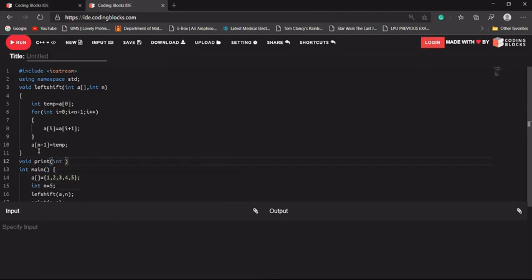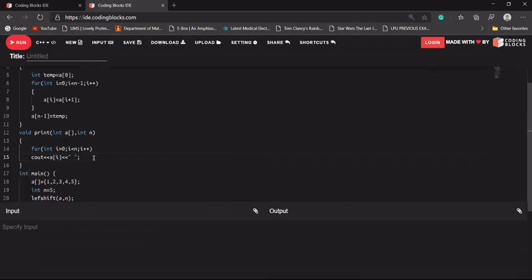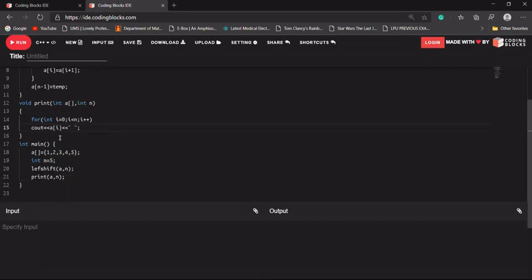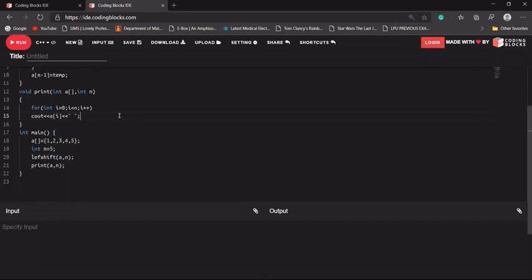It will take the array and the size of that array as arguments. It will iterate from int i = 0; i < n; i++. We will cout a[i] followed by a space. Is the print function clear to everyone?